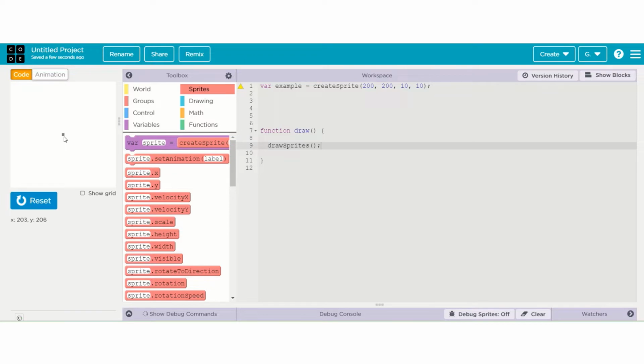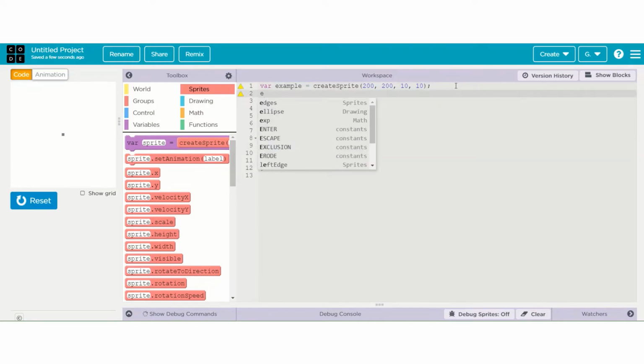This is our sprite. But the grayish color of the sprite makes it look ineffective. I want to color it. To color a sprite, we use the command called shapeColor. First, write the name of the sprite which you want to color. Then call the function shapeColor. After equal to, in quotes, give the color which you want. For this code I am giving it the color red,